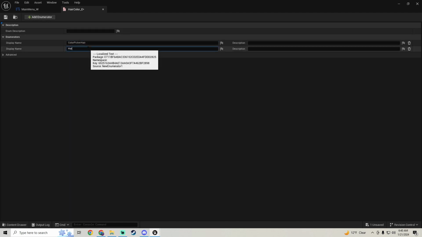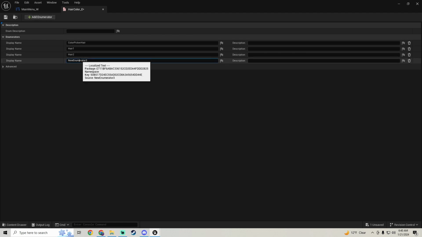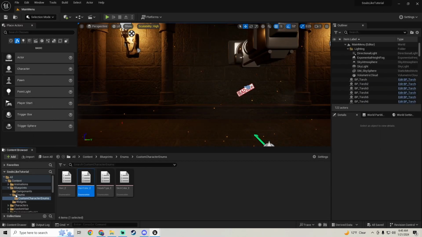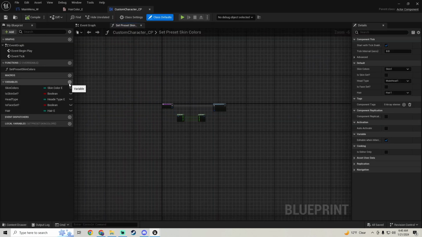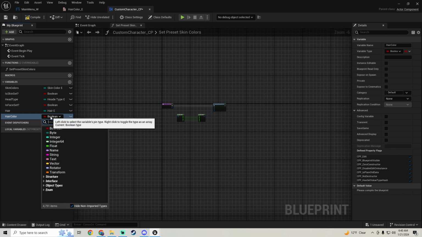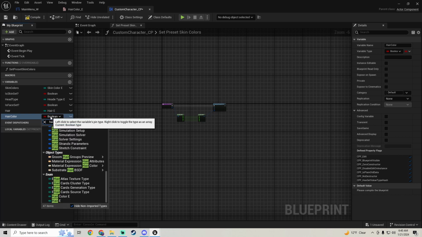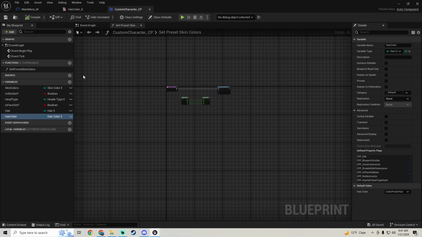We're gonna call this hair 1. We're gonna add an Enum. We're gonna call this hair 2. We're gonna add another Enum. We're gonna call this hair 3. Then we'll save. Then we want to go into our components. We're gonna go into our custom character component, and we're gonna add that hair color enum that we just made. So just make a new variable, call it hair color. We're gonna look for our hair color E right here, and we're gonna compile and save,